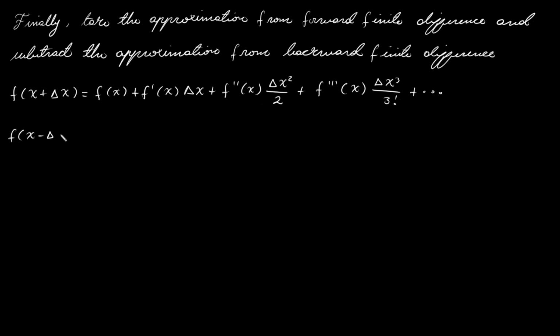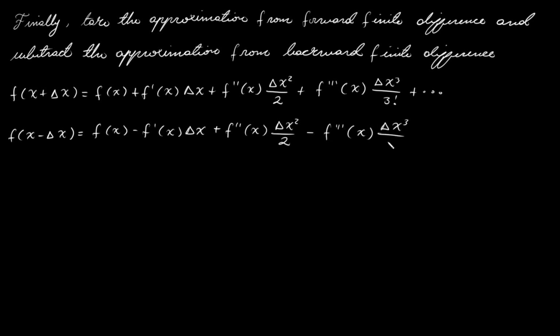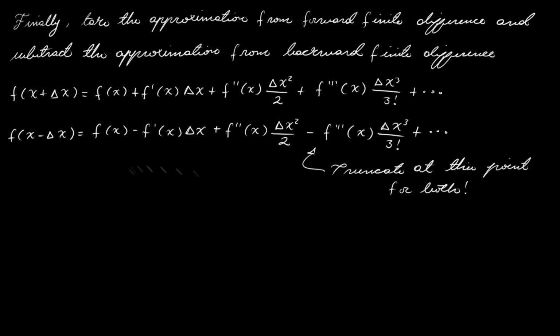In the same way, I will write down the second Taylor series definition we used, that one of f as a function of x minus delta x. As we saw before, we will truncate this infinite series right after the second derivative. We will do this for both definitions. Carrying out the subtraction, we obtain